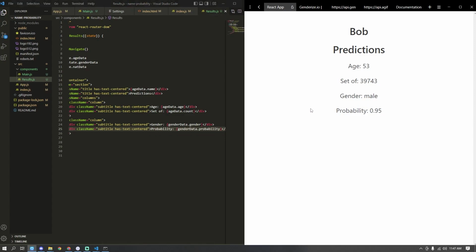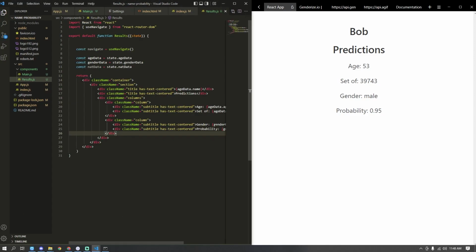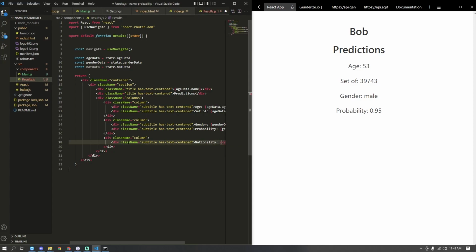All right, so now we have the probability as well. Okay, moving along, we're gonna make another column, and then we're gonna make another subtitle, and then we'll make the has text centered, and then we'll just add a nationality here and just do nat